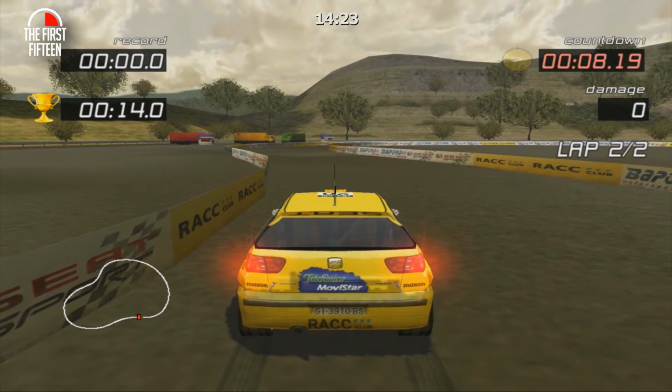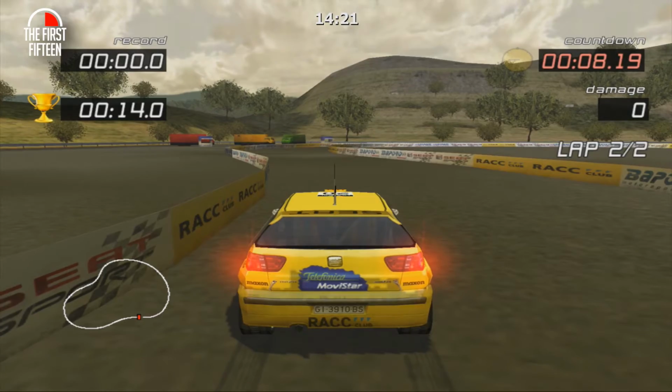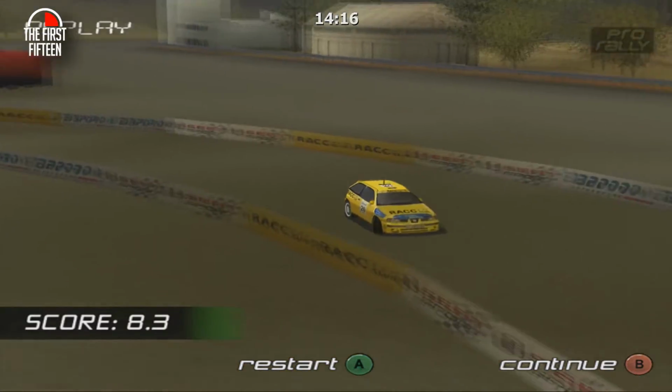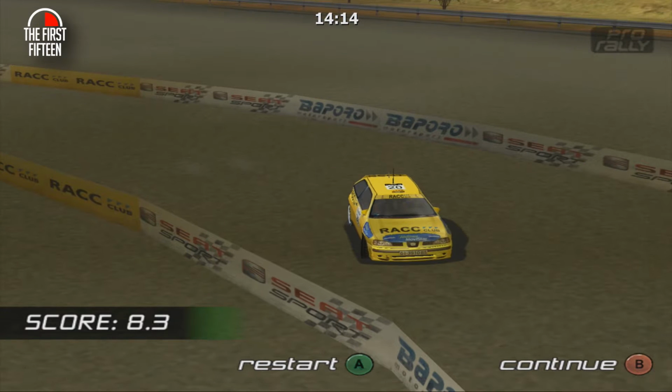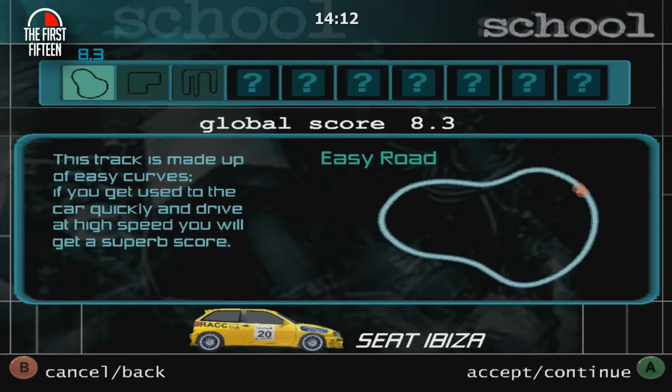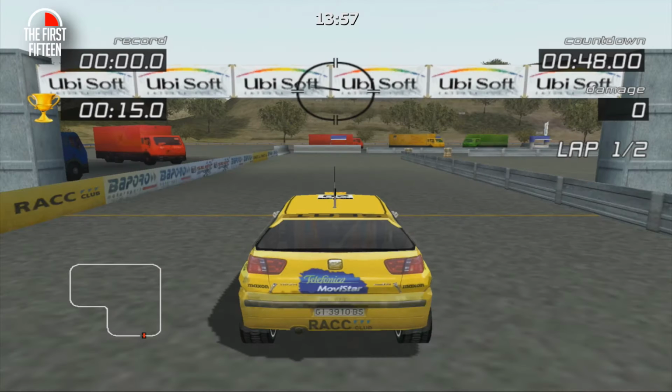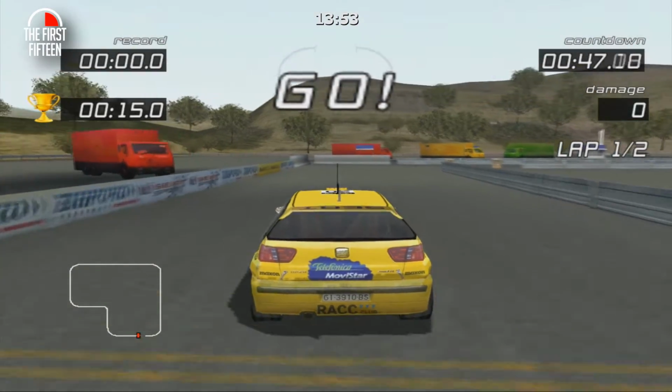All we need to do in this mode here is just complete 2 clean laps, which is good. So continue is B, and let's go and do our next test. Here's our next test: 90 degree curves, and the only way to fail at this tutorial level is to actually make contact with barrels or cones. We do have a handbrake,